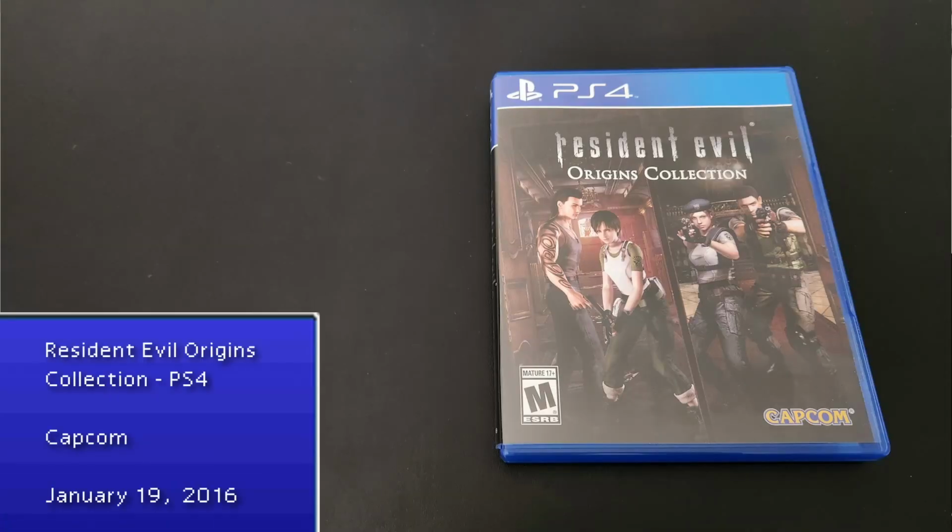Resident Evil Origins Collection. This is a compilation of Resident Evil Remake and Resident Evil Zero. Resident Evil Remake, a remake of the very first Resident Evil game, still holds up very well. One of the best games in the series, one of the best survival horror games in the series, and the remastered version, whether it's like this version or preferably the PC version, you play that, that's the best way to